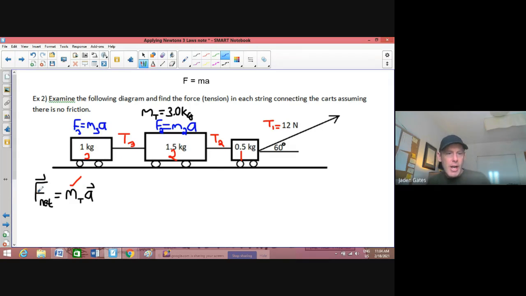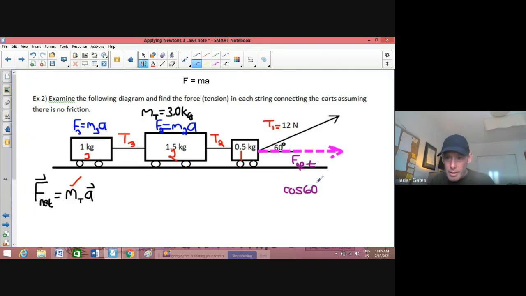Now, my net force horizontally is not going to be 12 newtons. In fact, our net force is going to be this pink line that's pulling the carts horizontally. So again, I'm going to use trigonometry here to find that net force. I've got a triangle here. This 12 newtons is my hypotenuse. This here would be my adjacent, so I'm going to call that my net force. So again, a little trigonometry: that's my adjacent, so I have cosine of 60 degrees